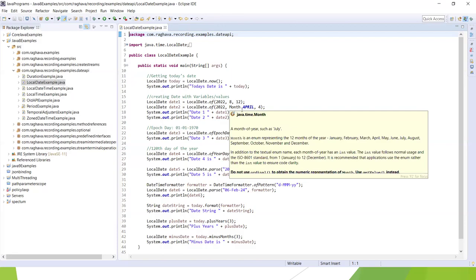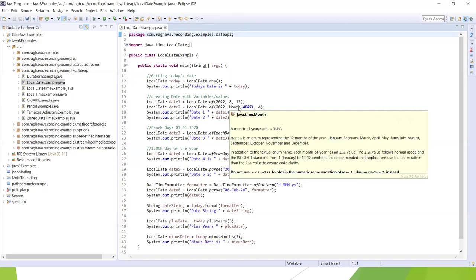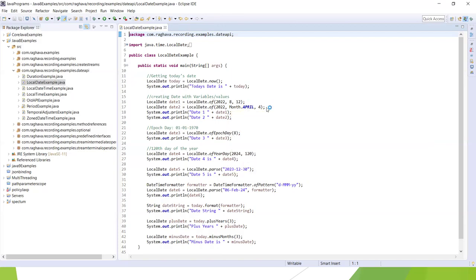This is Month, a separate class which is part of the java.time package, and using this we can also pass the month name. This is how I created the objects for LocalDate, by passing those values as inputs. And the next thing we have here is